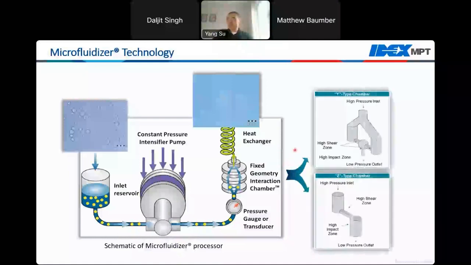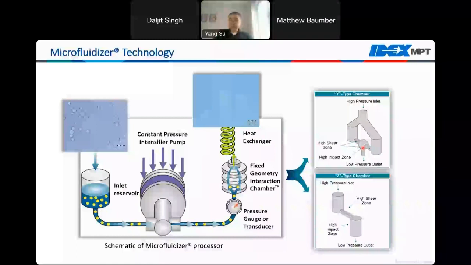We have two different interaction chamber designs. The one shown on the top here is what we call the white type chamber. You can see the white chamber has two microchannels. Sample comes into the chamber and will be split into two streams. Each will pass through the microchannel, subjected to the high shear treatment, and then impinge on each other after exiting